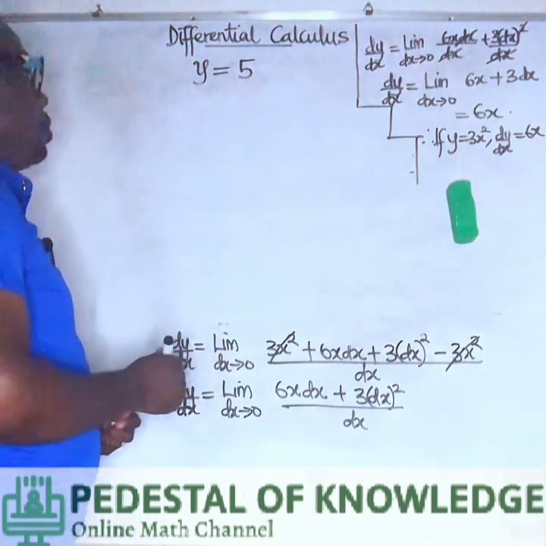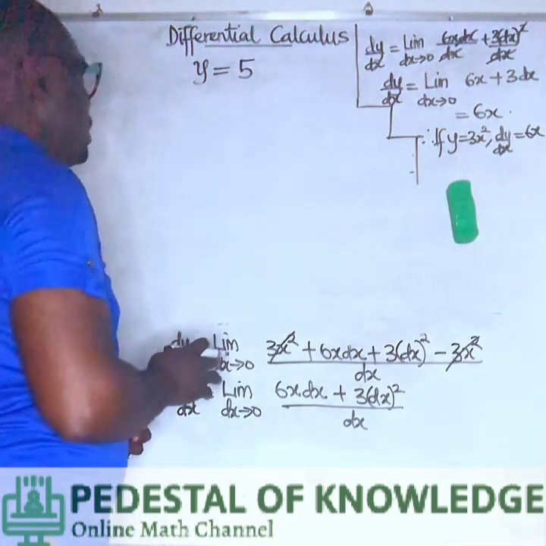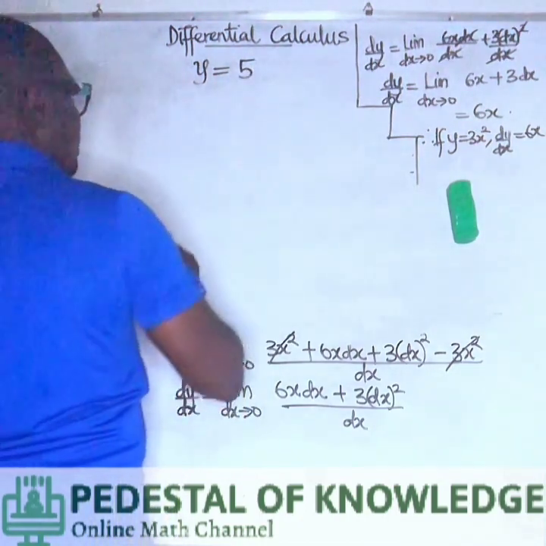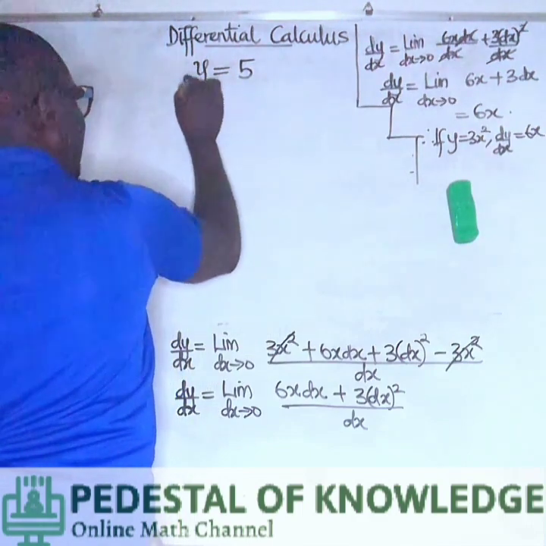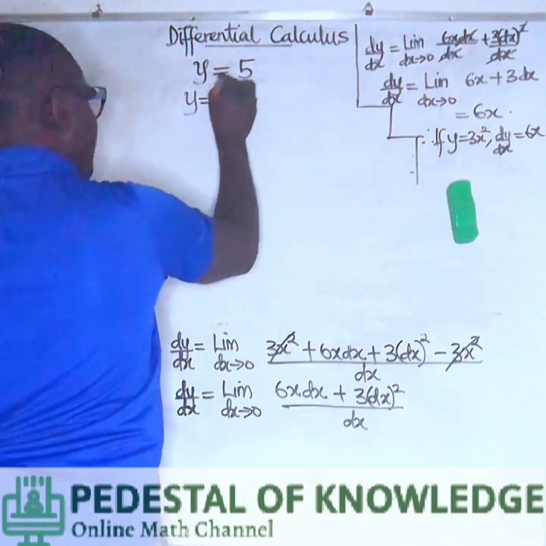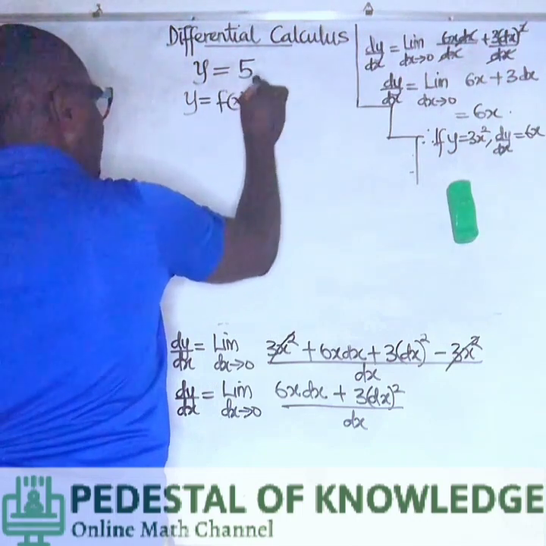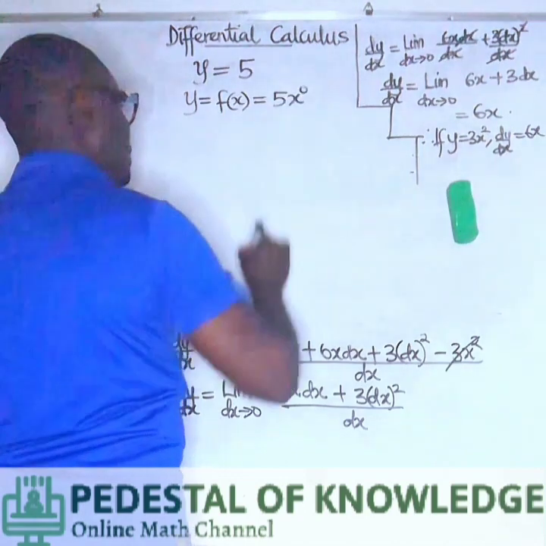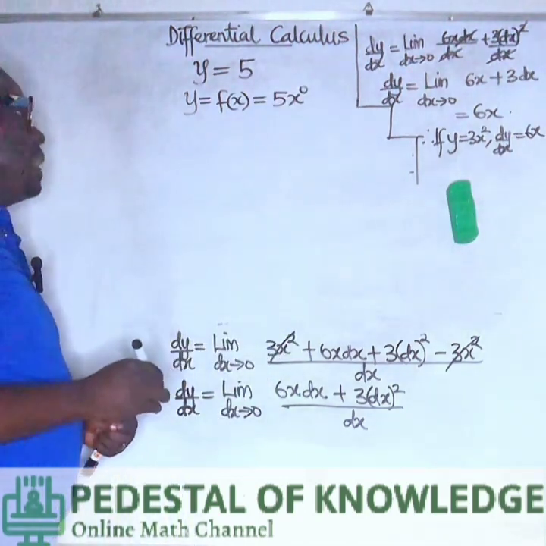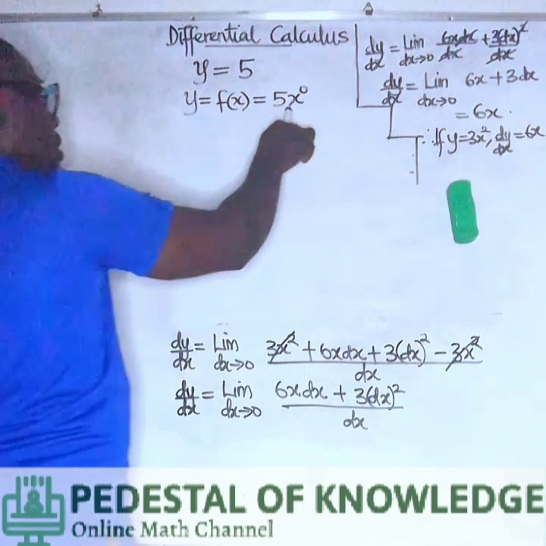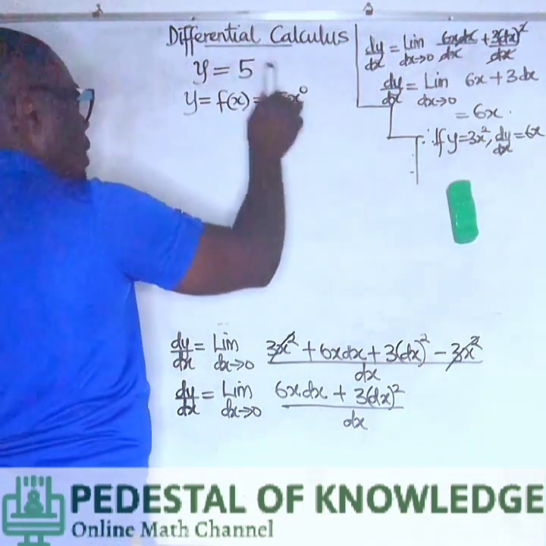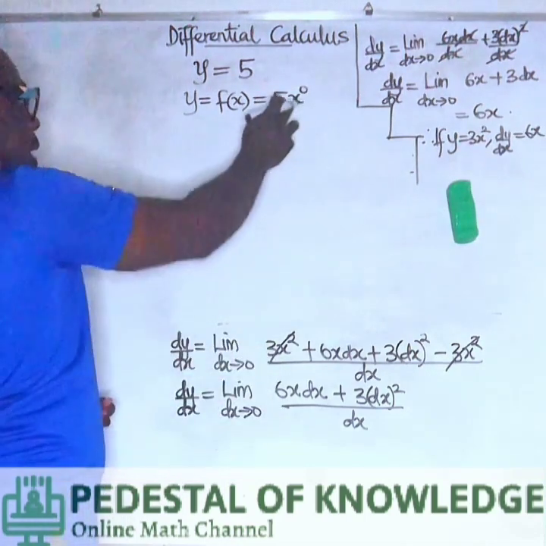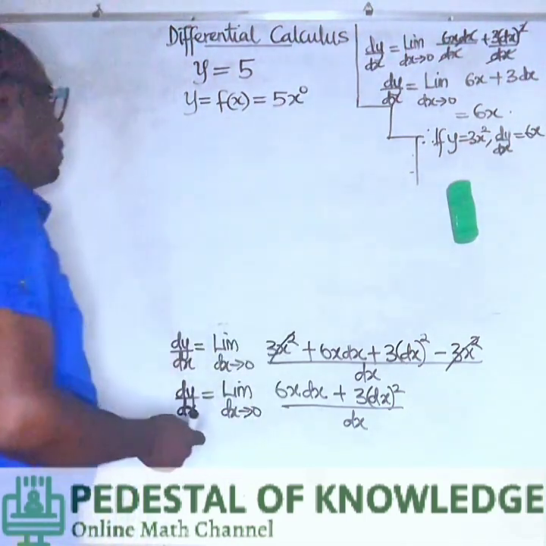So what we are going to do to make our work very simple is to attach x to 5. And when we do that, we're going to have y is equal to f of x, and that f of x is equal to 5x raised to power 0. We have not committed any error here, because we know that x raised to power 0 is equal to 1, and 1 times 5 is still 5. What we want to do is to introduce x there, so that it will be very easy for us to